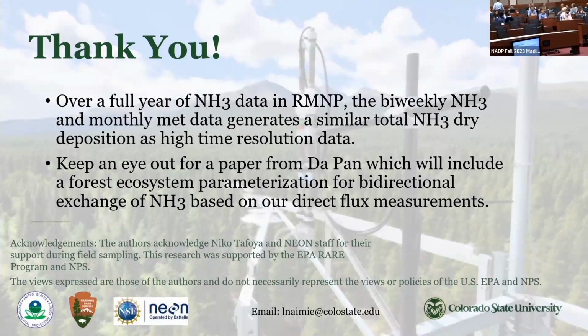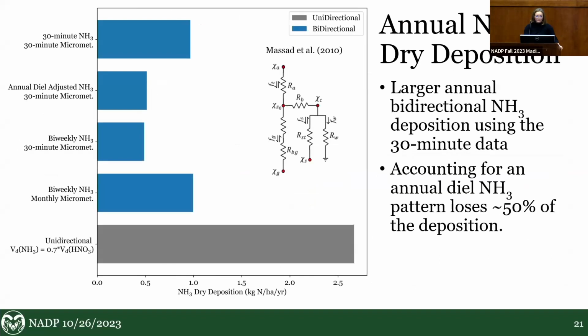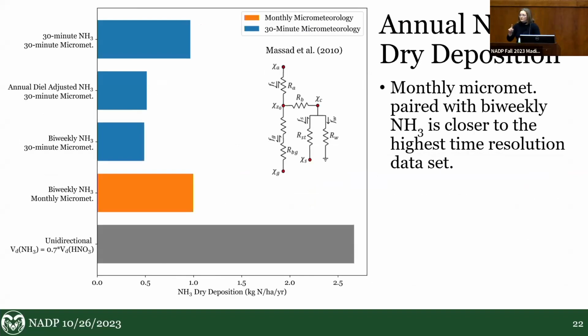Really interesting, Lily. Thanks for sharing the results. One question I had is, in the plot where you showed the annual fluxes, did you take the average flux and then just scale it up to annual, or did you add up all of the fluxes to get to that number? And I'm curious how that cumulative flux differs from the average or median flux across those different methods. Yeah, that's a good question. For the deposition, these are summed